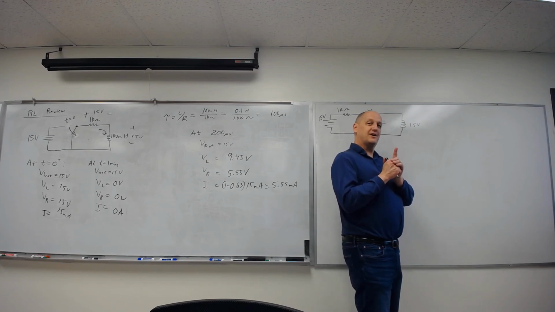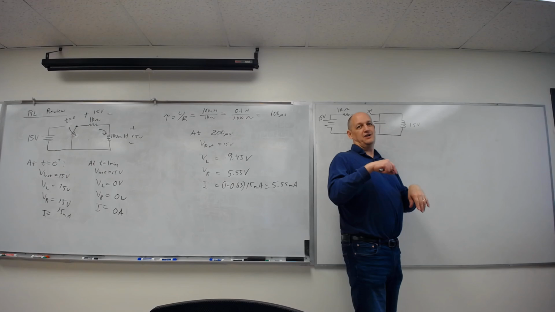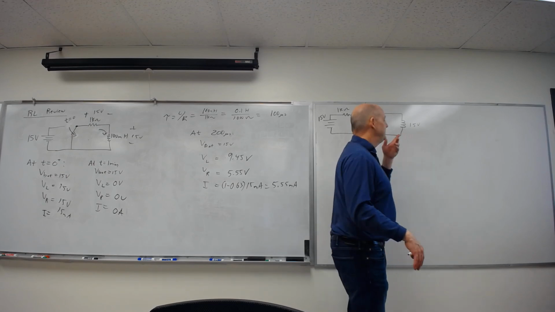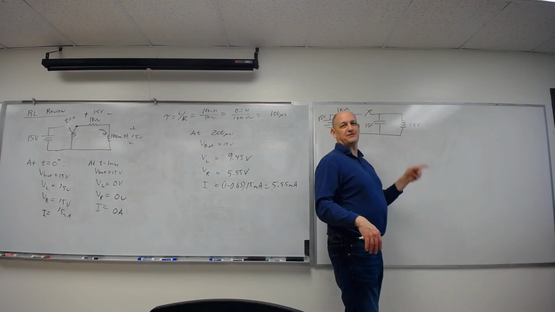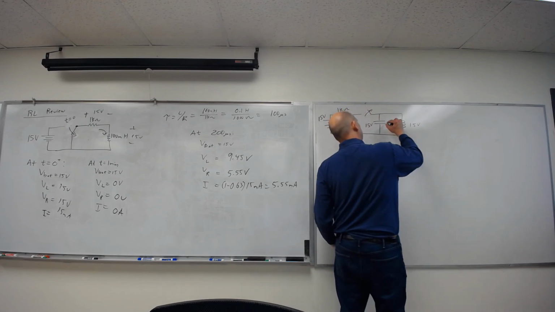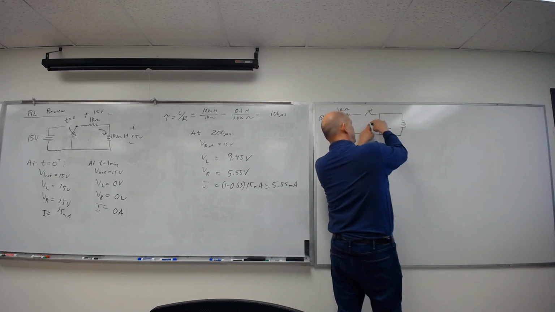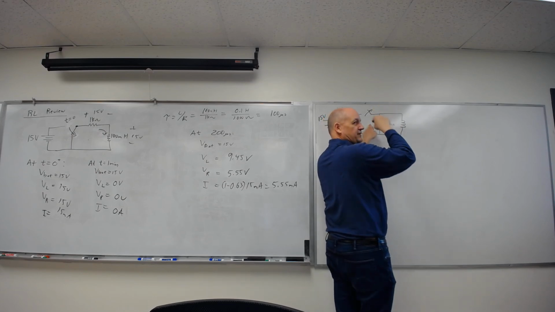And then what happens? This doesn't allow an instant change, so the magnetic field reverses direction, and the charges start going the opposite direction. I'm going to erase those because we keep going. We'll end up going from 15 to 0 to minus 15 to 0 to 15 to 0 to minus 15